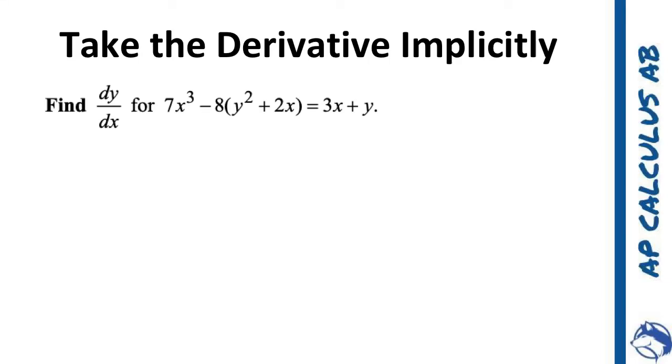So this one looks a little trickier. There's a lot more pieces going on. So once again, if we're doing it implicitly, we're just going to start taking the derivative. So this ends up being 21x squared